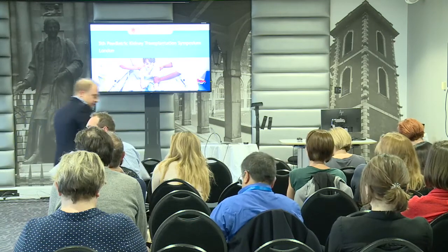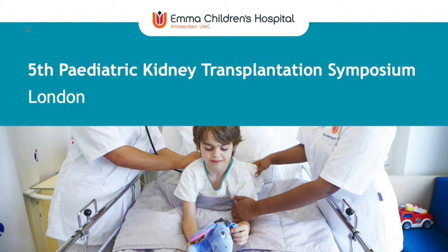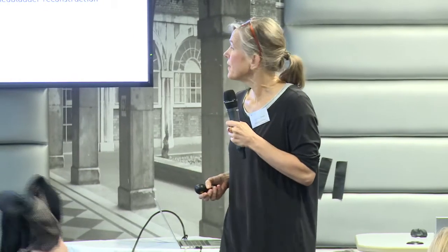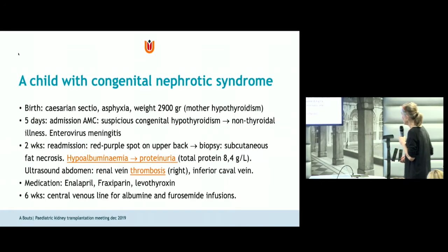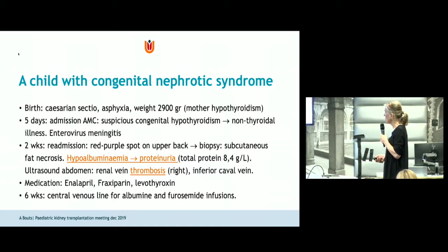Okay. Thank you. Thank you very much for presenting these cases. The first one, so I have 3 cases. One is on congenital nephrotic syndrome, the second is a child with PTLD, and the third one is a child with a bladder agenesis. And the first child presented with asphyxia after birth and was admitted at the hospital because